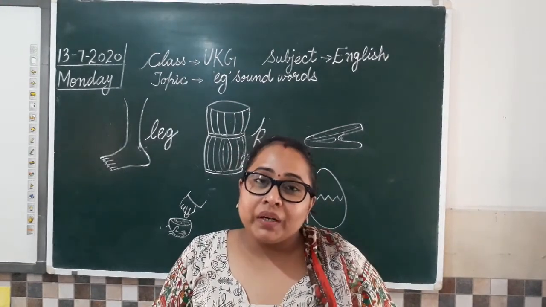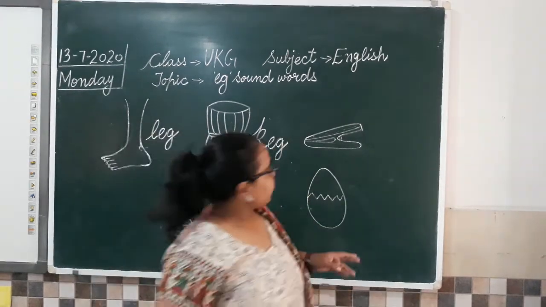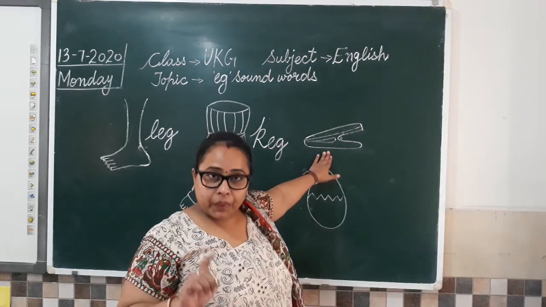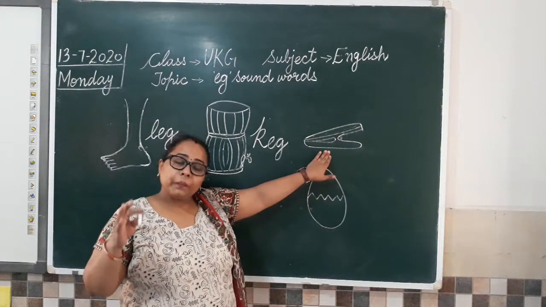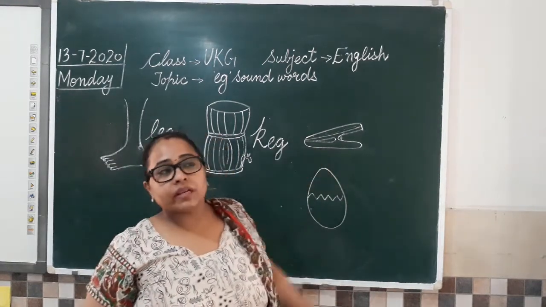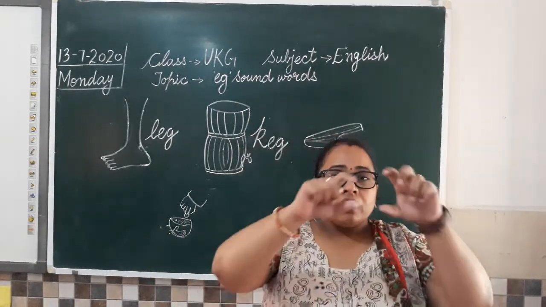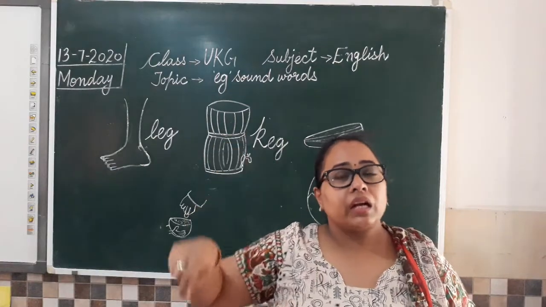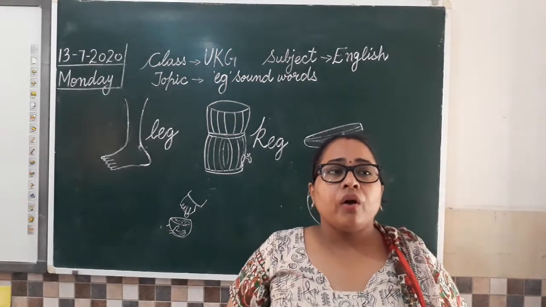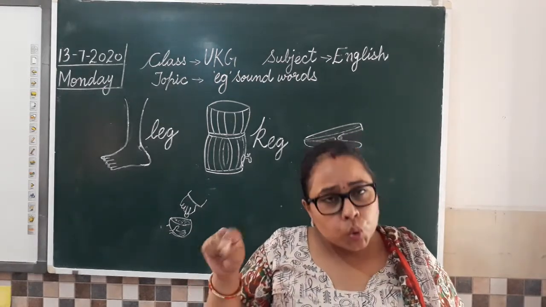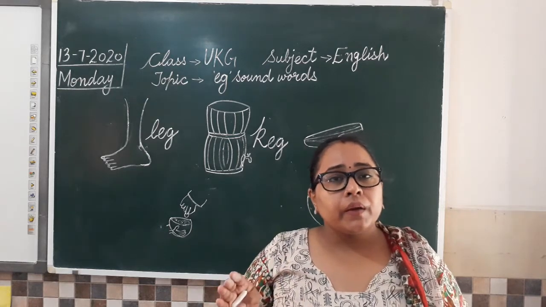Peg. Per, egg, peg. What is this? Per is mixed with egg. Per, egg, peg. Peg can be this also, and sometimes if you see in your washroom, we have जिसको हम खूटी कहते हैं, where we can hang our towels, clothes. So that is also called peg. A stand, an iron rod, or it can be a stand जिसको हम खूटी भी बोलते हैं हिंदी में. That is called peg. Per, egg, peg.